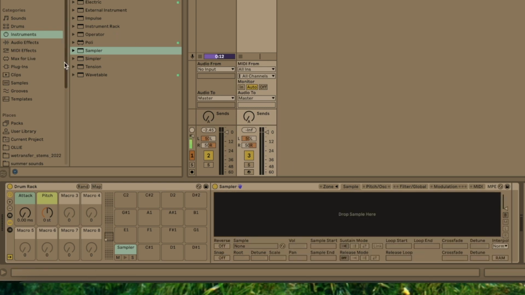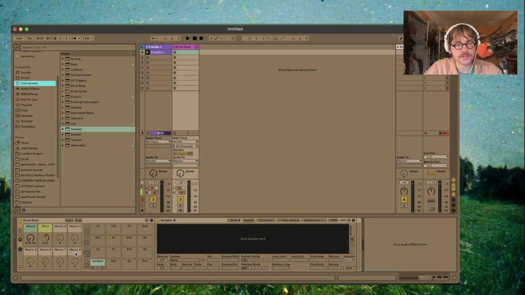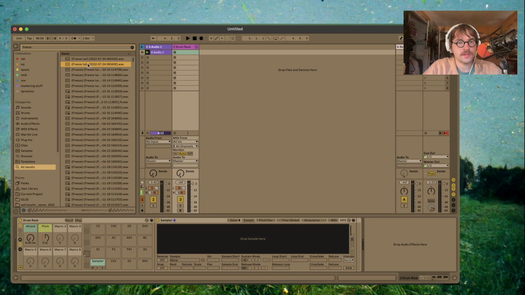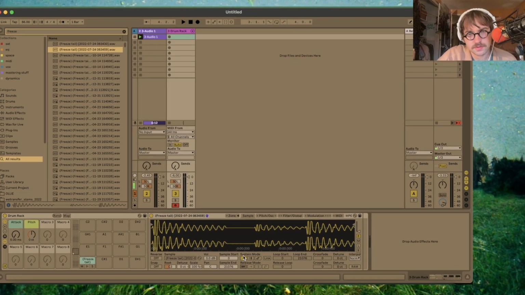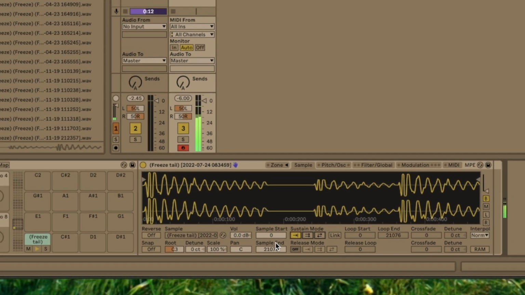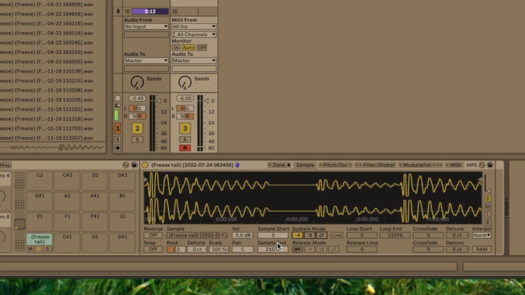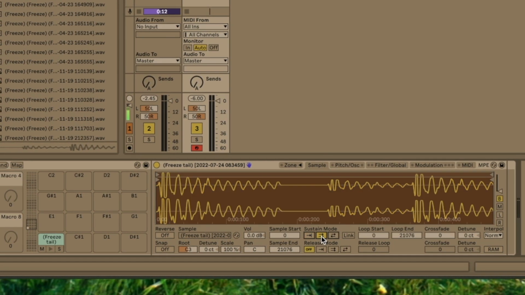Now we need to drag a sample into our sampler, so we can tell Ableton what we want this sampler to do. It doesn't matter what it is. Right now this sample is just playing as a one-shot. If you look down here at the sustain mode, you can see it's just the forward arrow into a wall. So whenever it is done playing, nothing happens. Whereas if we turn the sustain mode on full loop,